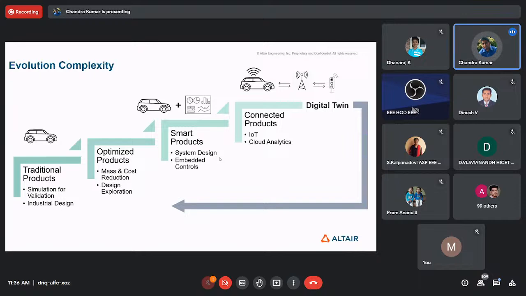From the optimized product, we move one step ahead to smart products. When we talk about smart products, it's all about embedded systems, control systems coming into the picture, and a smart vehicle. From smart, we talk about connected products where IoT and cloud analytics come into the picture.